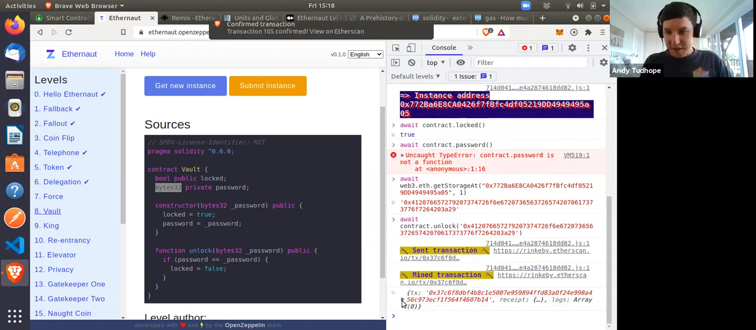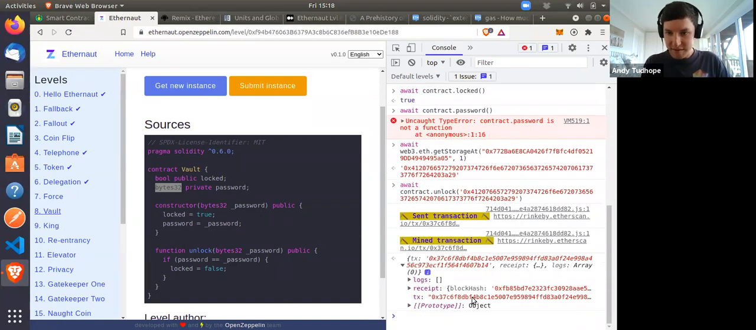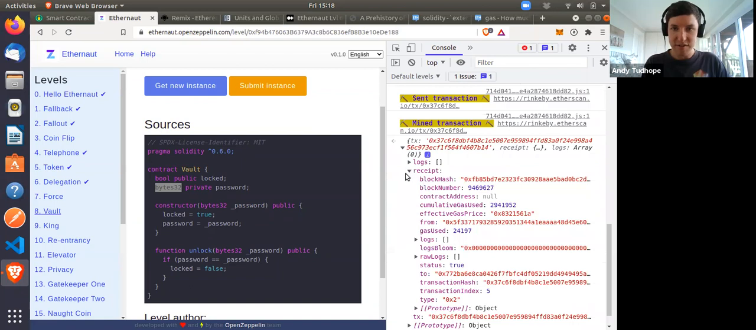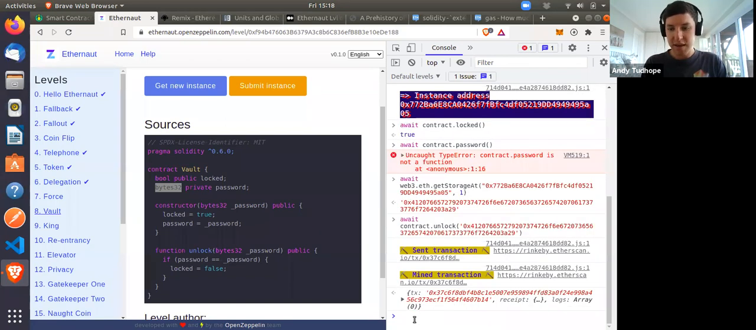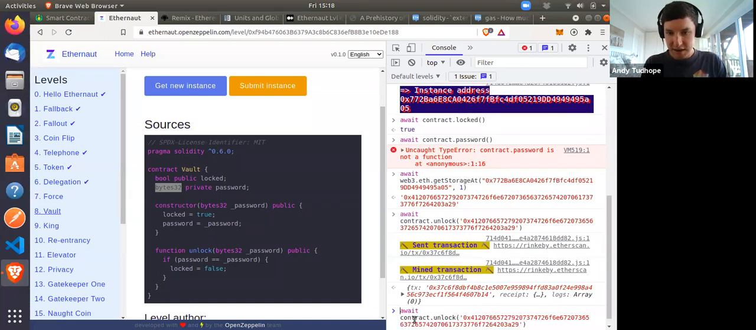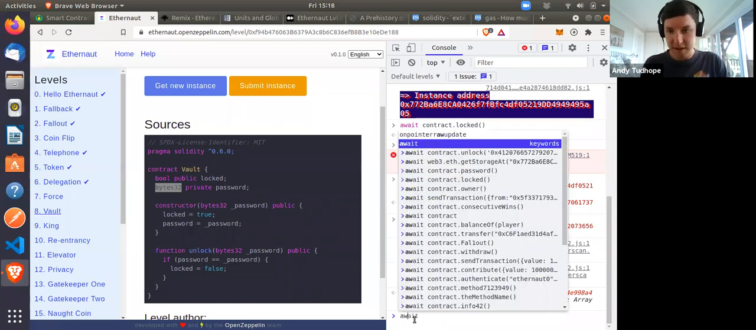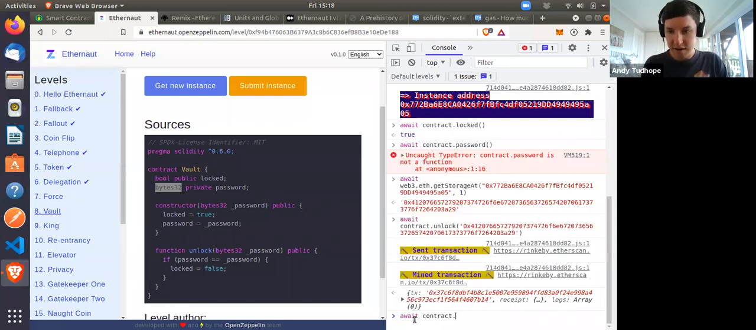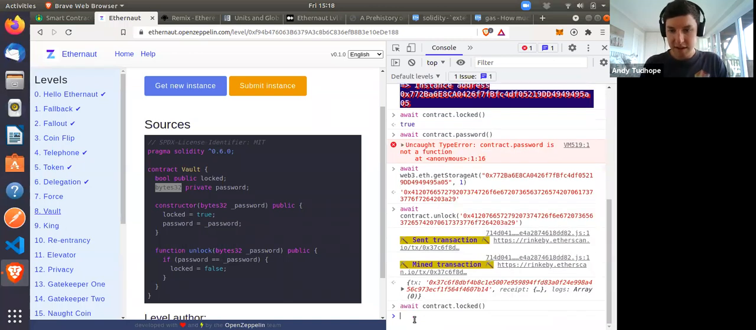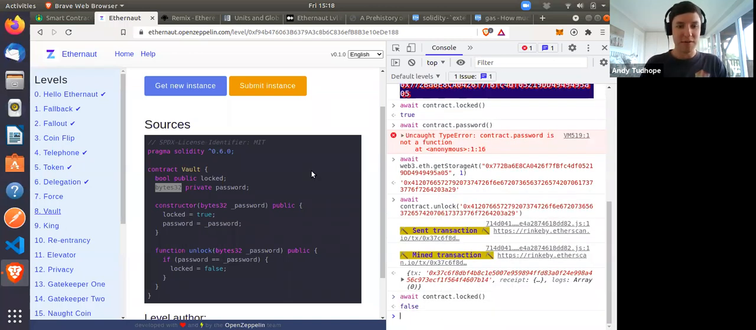Seems like we've been successful. There's some receipts, which has a status of true, so that's kind of exciting. We can check again by asking for our locked public function. It's false. Wonderful, wonderful. So we've definitely passed